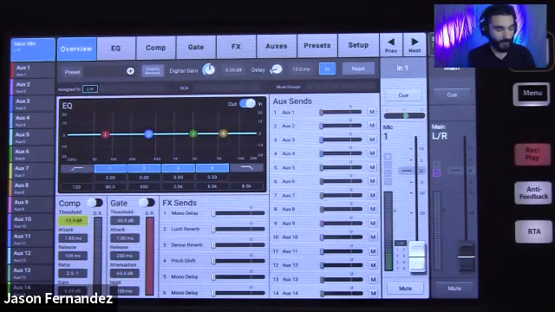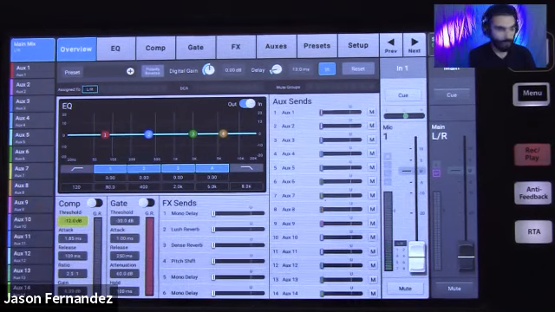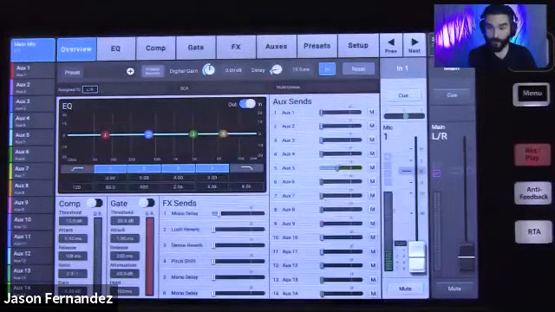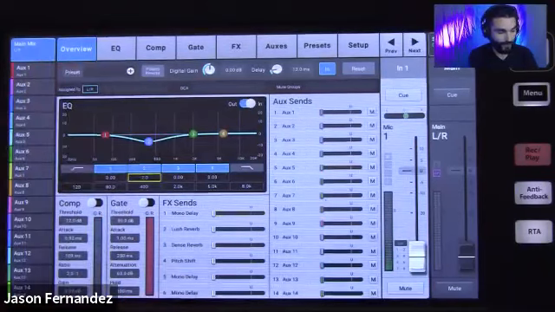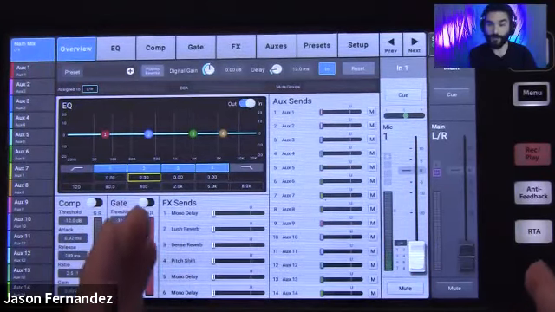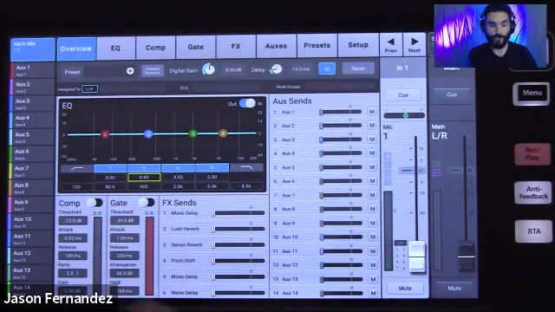So these are active fields. If I touch my threshold field, for instance, and I use my wheel, I can make adjustments to these parameters right from this screen. I can route out to any of my effects sends here, or I can make adjustments to any of the aux routing for this channel right from this one screen, and I can make adjustments to my EQ if I want to do that. So this is a very, very useful screen if you just want to punch into a channel and very quickly see how it's configured and make some adjustments on a single page.